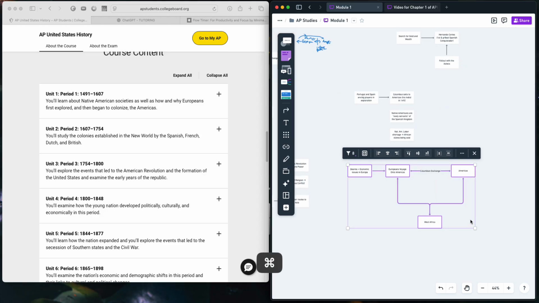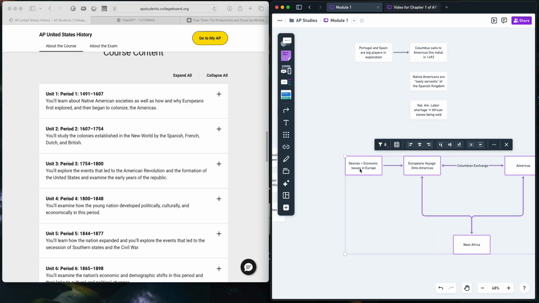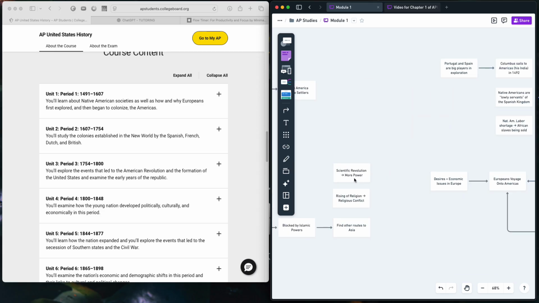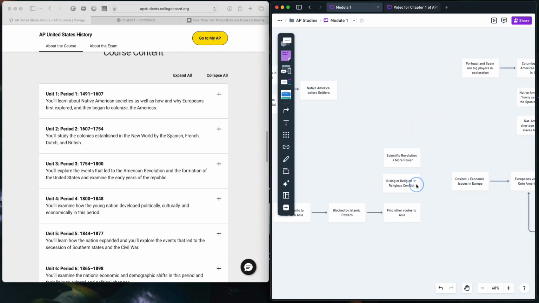Okay, so this was our big map. We've got Columbian Exchange, we've got Americas on this side, we've got West Africa, we've got Europeans voyage onto Americas, we've got desires and economic issues in Europe. Okay, so I'm going to start connecting a lot of these ideas, and I'm not doing anything out of the ordinary here. We're just connecting based on what we know